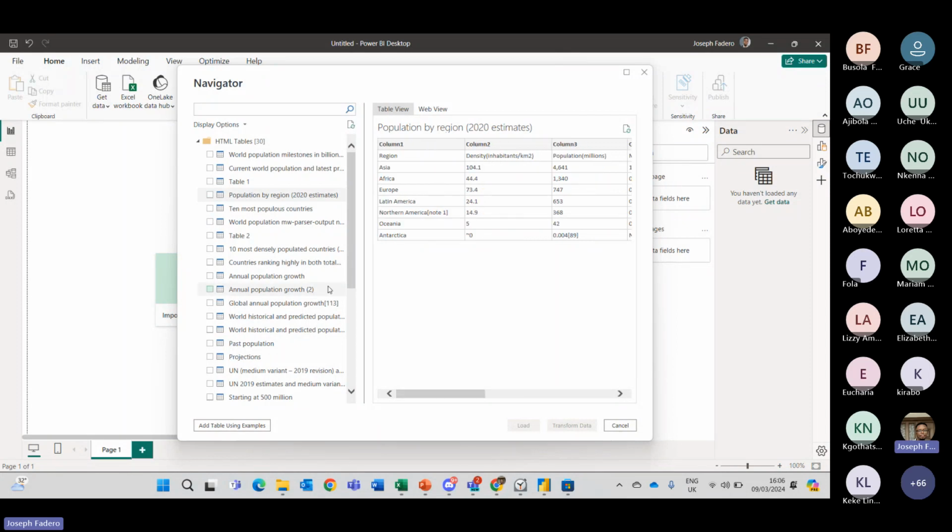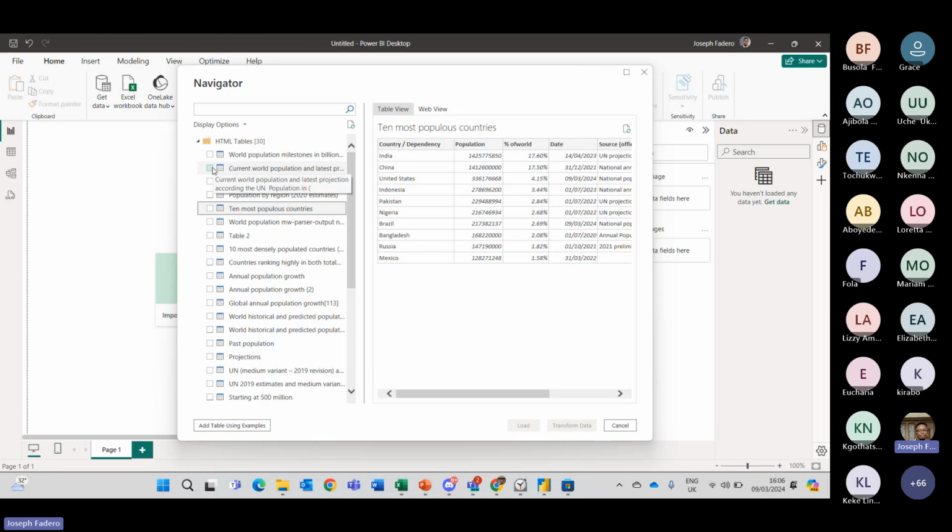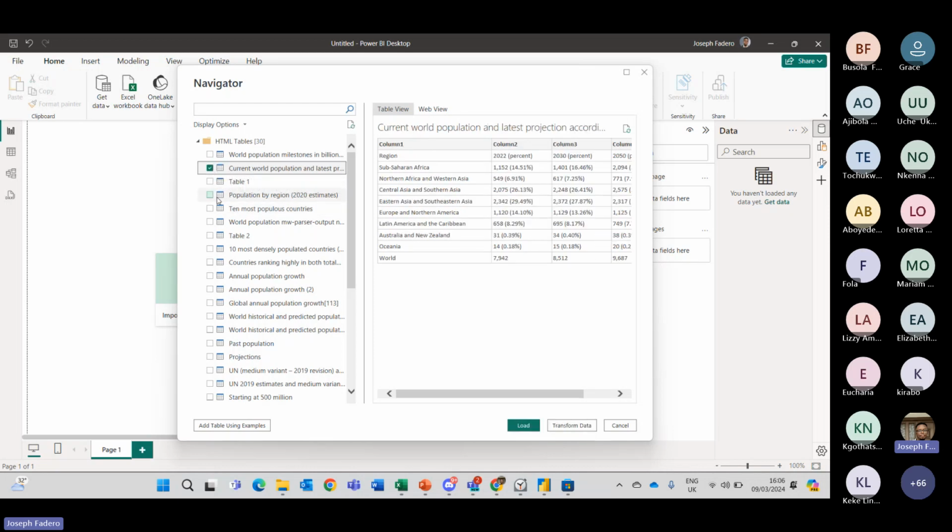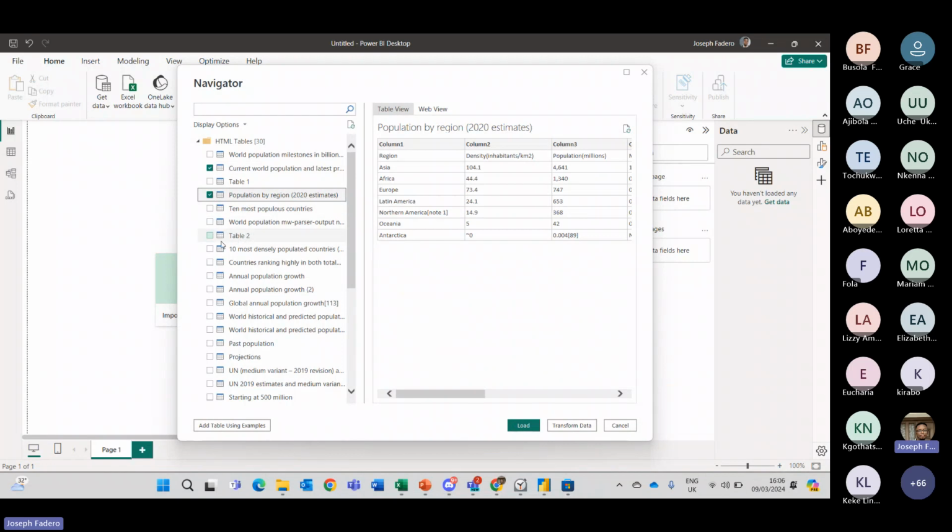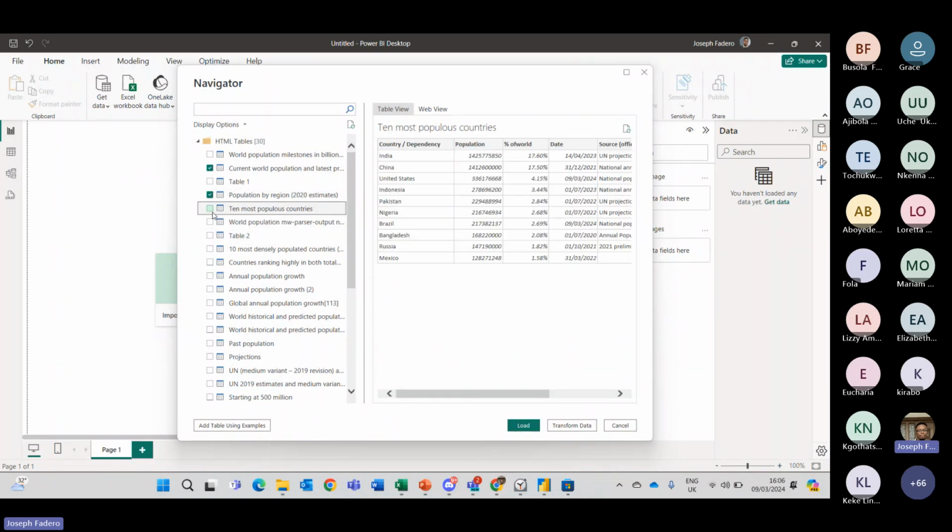It's also good if you know the information you're already going to, you can just select it directly. If you want to bring in all of them, you can actually select all. But I'm not interested in bringing in all. Let me pick current world population, population by region 2020, 10 most populous country. Let me just bring this in.